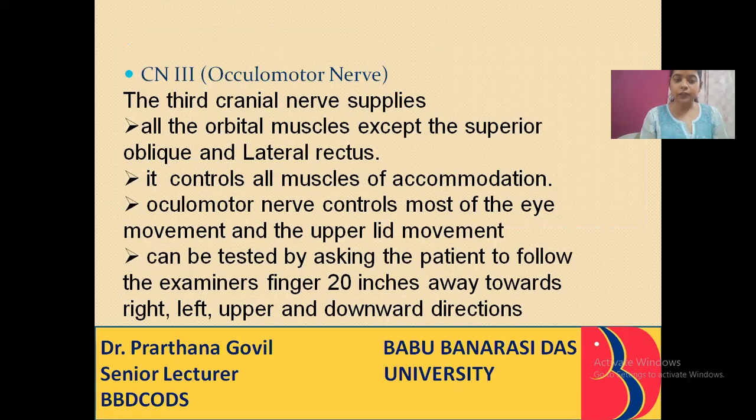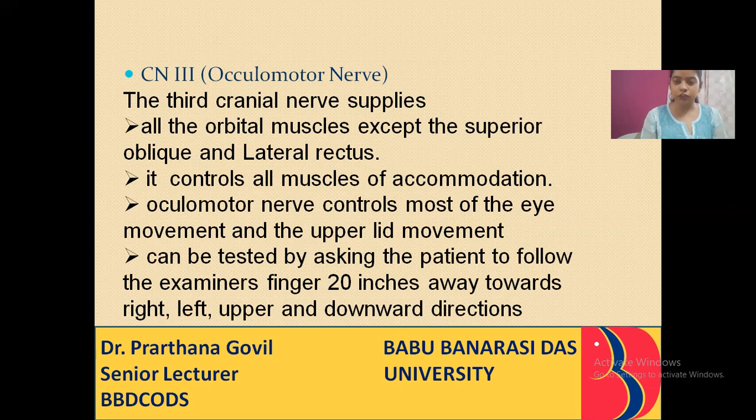Cranial nerve 3, that is the oculomotor nerve, supplies all orbital muscles except the superior oblique and lateral rectus. It controls all muscles of accommodation. The oculomotor nerve controls most of the eye movement and upper lid movement. It can be tested by asking the patient to follow the examiner's finger 20 inches away towards the right, left, upward,